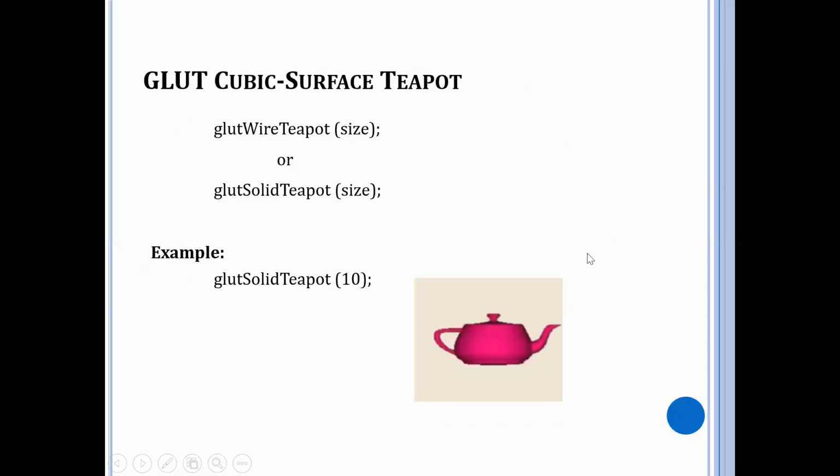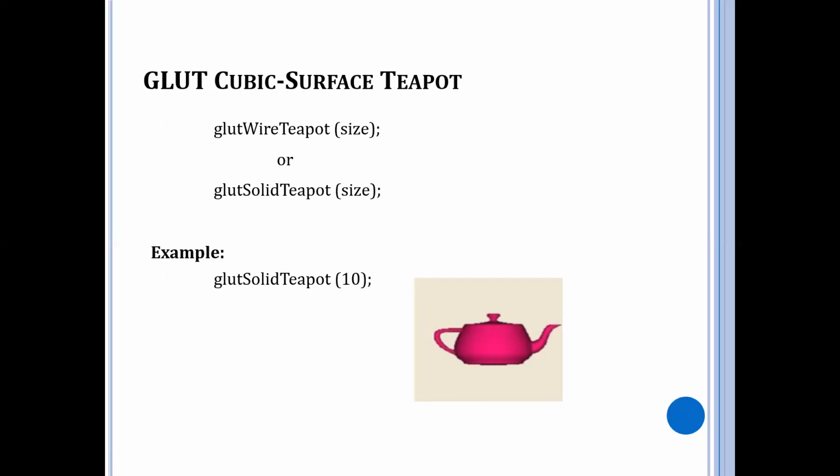The next function that we have is the teapot, which again can be represented as a wired teapot or a solid teapot. Here you can see the teapot surface, which basically is generated using the OpenGL Bezier curve functions.